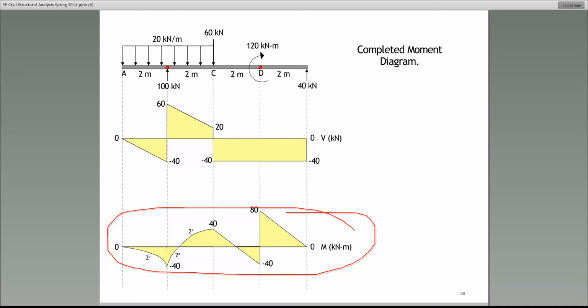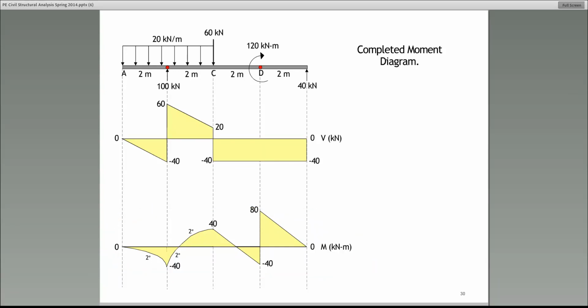All right, now let me see if I can get rid of this. If I can erase this, it would be good. All right. Now, for the sake